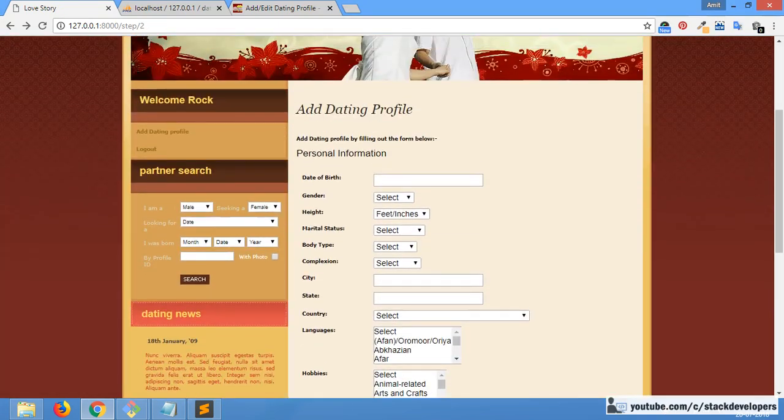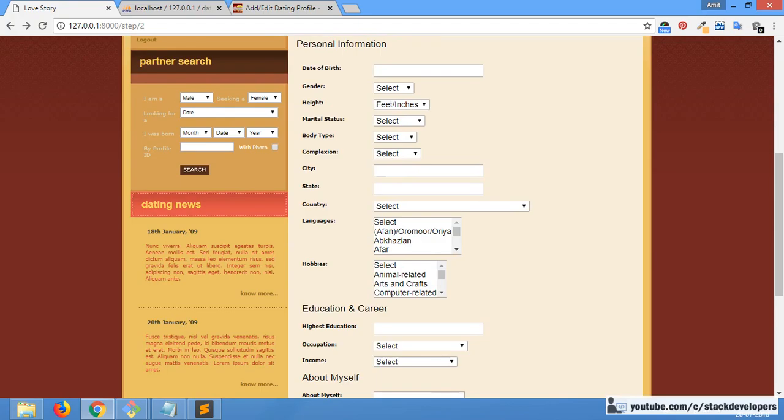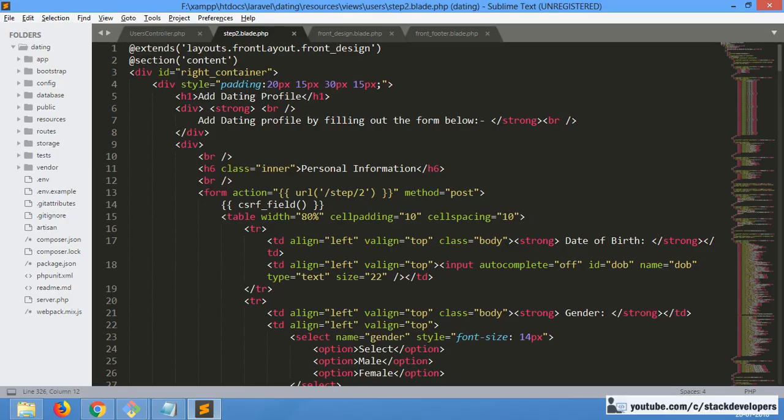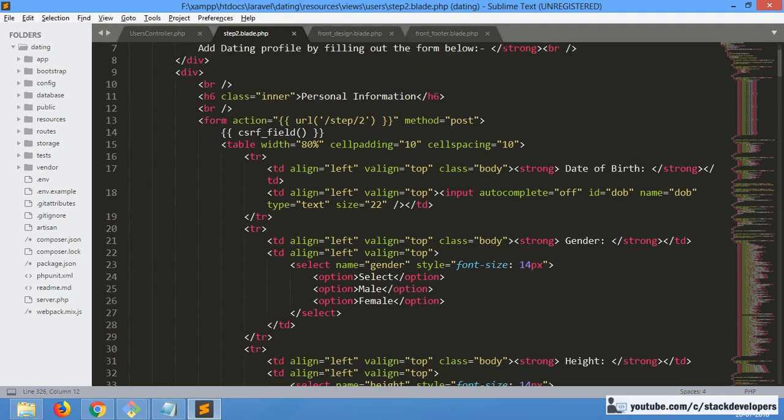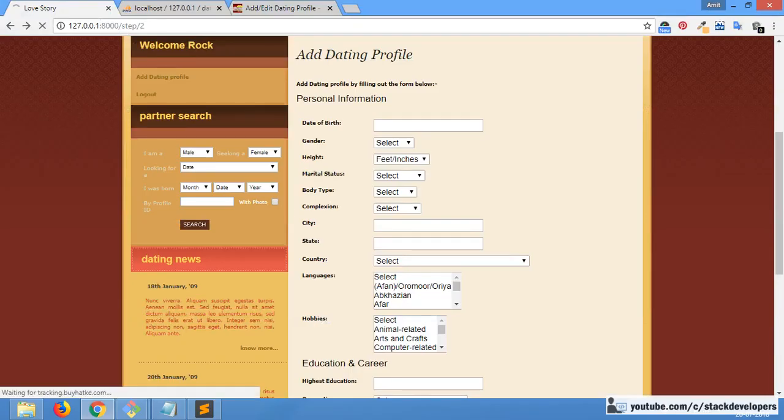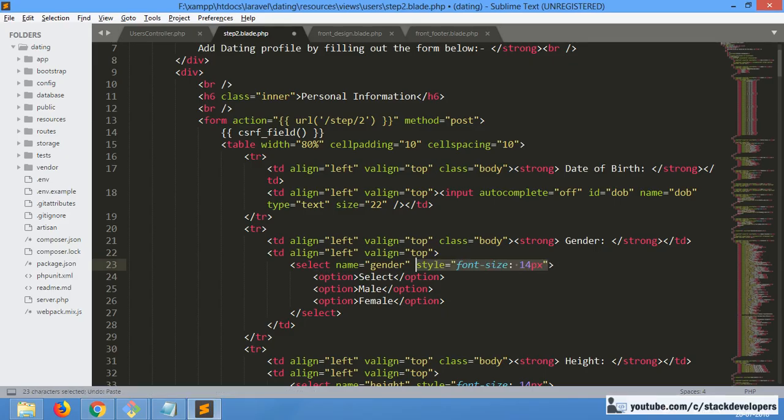Okay, first we are going to see this one as well, and see if we can make it a little bit better. Like size is already given, size 22. But if we add it for all of these, then what will happen? No,